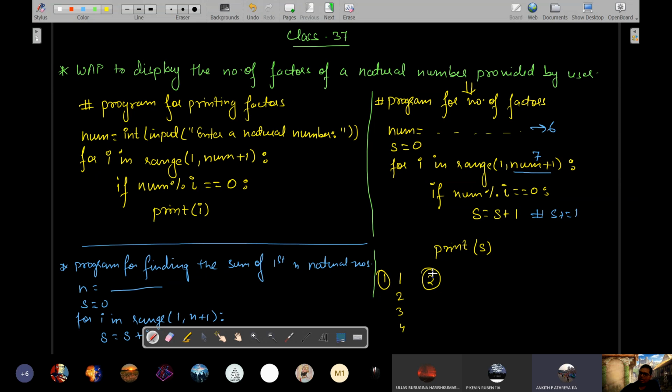I have entered the natural number as 8 and I am getting the output as 1, 2, 2, 3, 3, 3, 3 and 4. Let's say the number is 4. What will be the output? Or let's say the number is 6. What will be the output? Tell me first.